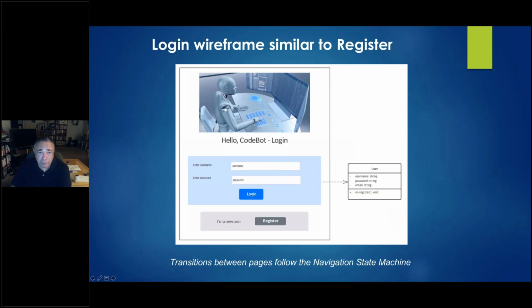The tag value for this one, instead of saying action register, it says action login. And this one is just a navigation button to go back to the other page. And the transitions between these pages follow the state machine, the navigation state machine.